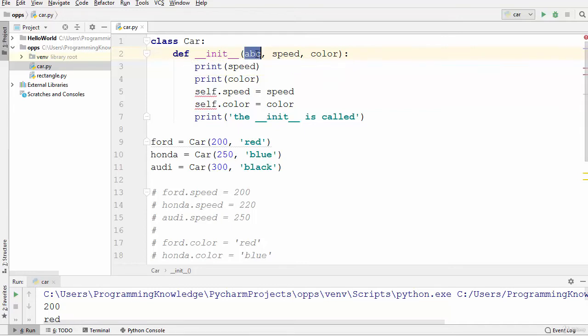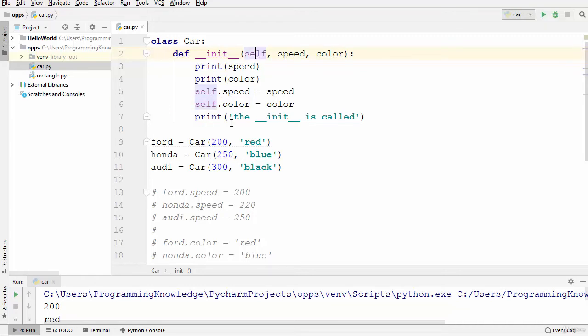It doesn't matter, but you need to use this ABC here also as self and it will be totally fine. But it's a convention that we use this self keyword in order to indicate that this is the current object. So every method you create, you need to give this self keyword as the first argument of your method